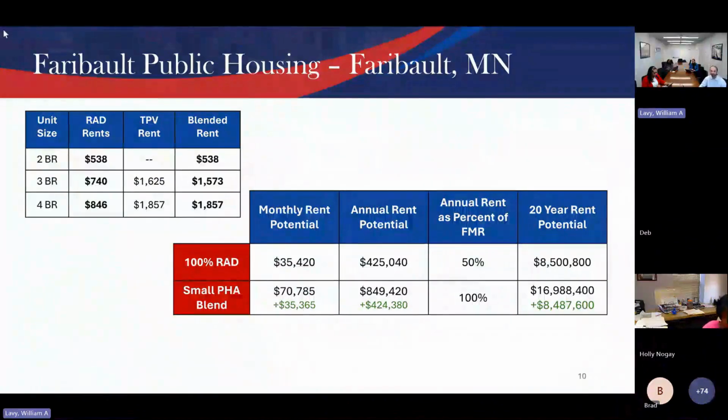We didn't dwell on this, but just to show people how we get to the blended rent. In this case, what happened was there were some units that converted with RAD rents. There were some units that converted with normal project-based voucher rents that were funded through the new tenant protection vouchers. The 3 and 4 bedroom units were used because those were higher revenue, were used in the blended rent calculation. So we ultimately got to